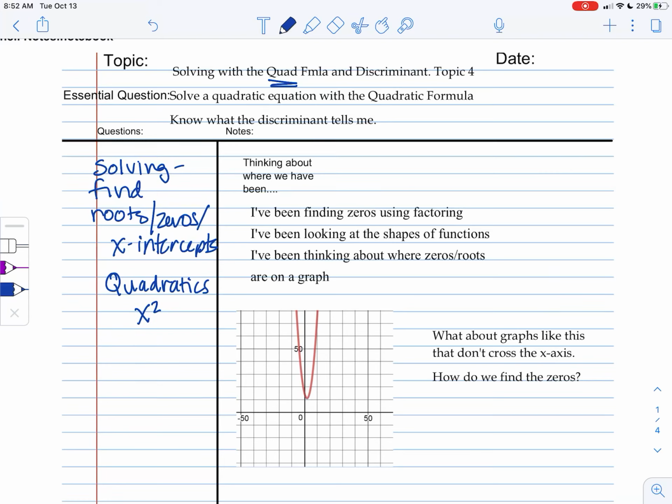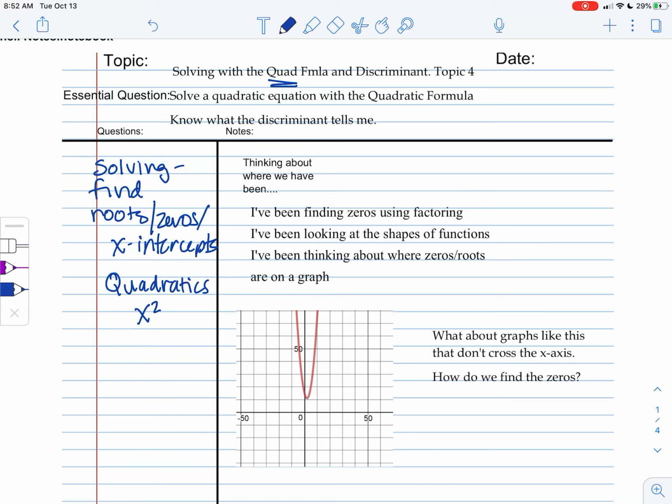x-squared functions. So we have been finding zeros using factoring. Not really, but we've been using factoring to get to the point where we could find the zeros. We've been looking at the shapes of these functions and deciding what degree they are. We've been thinking about where the zeros are in a graph. So if I gave you a graph like this and I said, where are the zeros? You would tell me, Miss Vogt or Miss Delmont or Miss Herod, there aren't any zeros because I don't cross